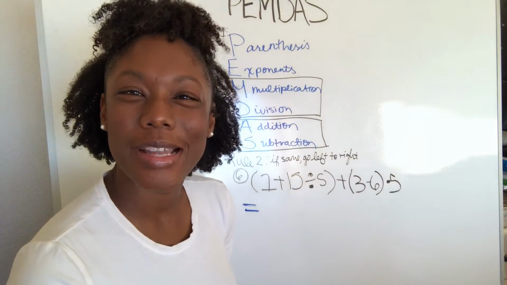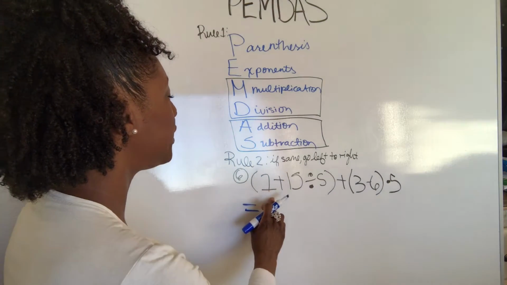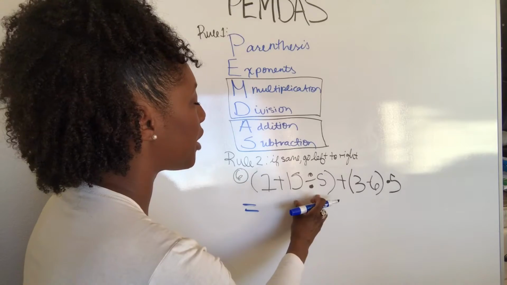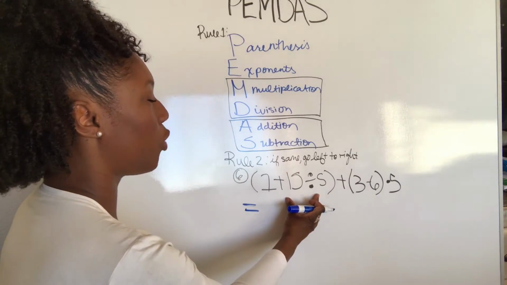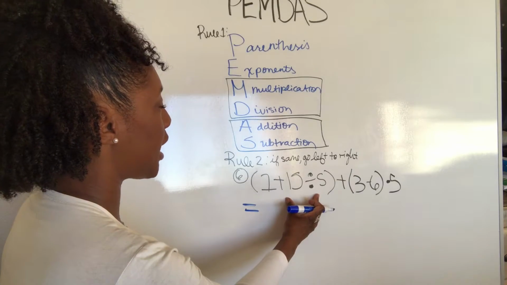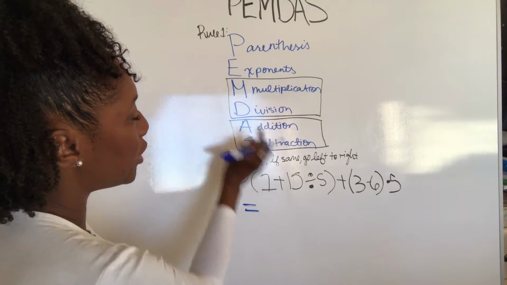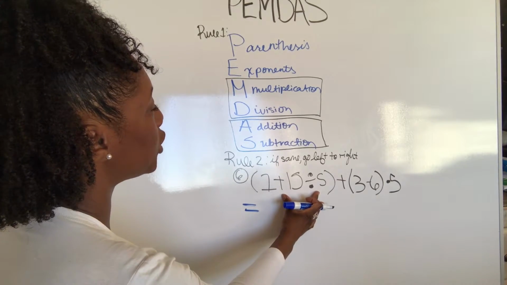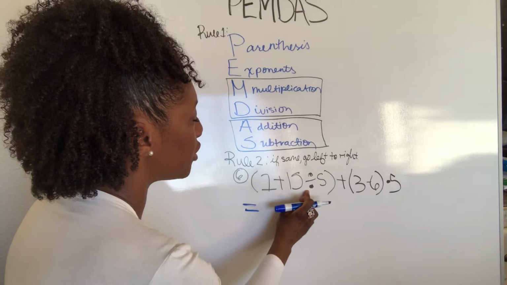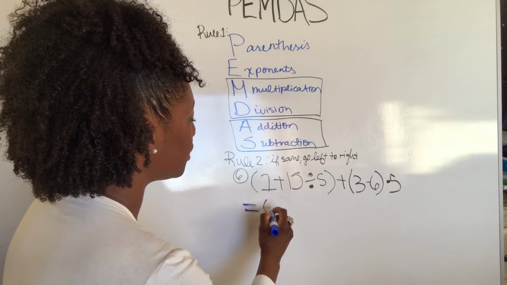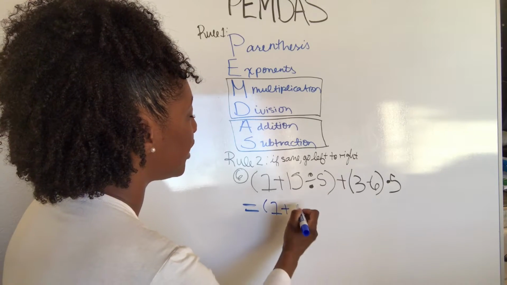Alright, rule number 1 tells us we do what's in the parentheses first. So 1 plus 15 divided by 5, we need to do that first. Well, within this, we need to know what do we do first. And we go back to here, parentheses, exponents, no exponents in here. Multiplication, division, we do have division, so we do the division part first. So that gives us 1 plus 15 divided by 5 is 3,